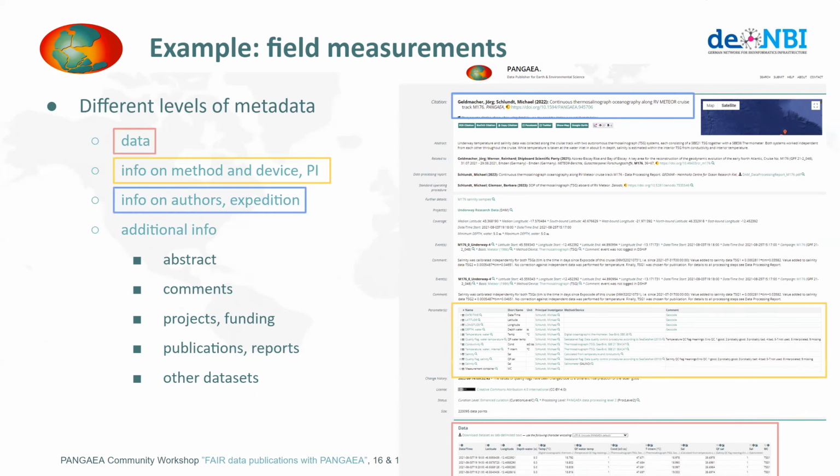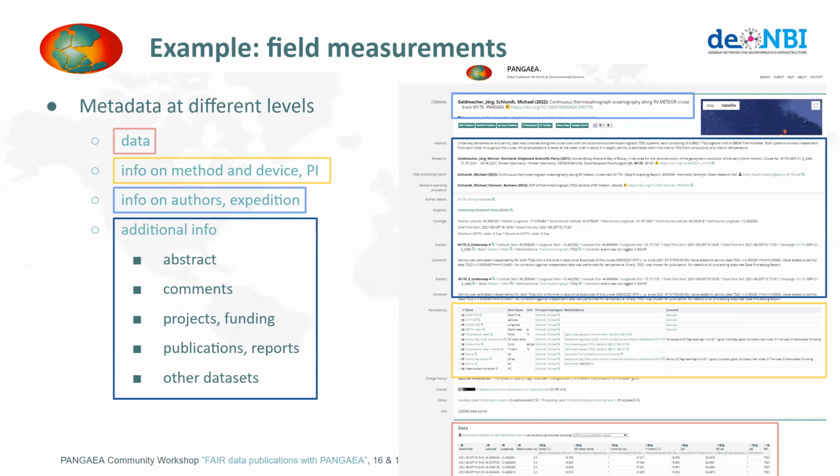So there's info on the authors, and if it has been done during an expedition, also the expedition. So that's in the main citation. And there is a lot of other additional data. So in this case, there's an abstract, comments, there's information. So here are different reports that are linked. Also, this report